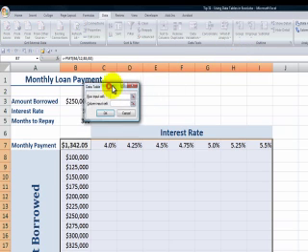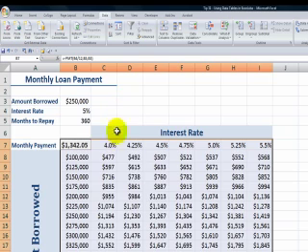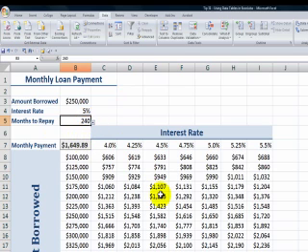In the dialog box, our row is running across horizontally. So that's the interest rate in our original formula, that's cell B4. Our column variables are running down the column. In our original formula, that is cell B3. Click OK, and there you go. It's really that simple. And once again, you could use data validation to create a drop-down so you could see